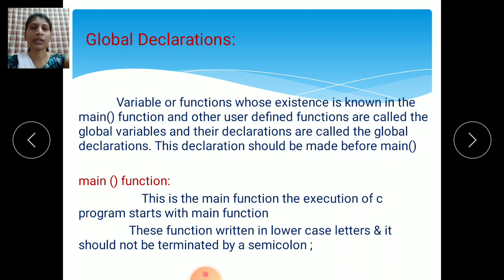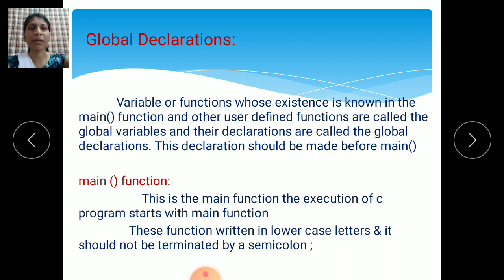According to whatever variables you are using, you can make the global declarations before the main function. This declaration should be made before main.